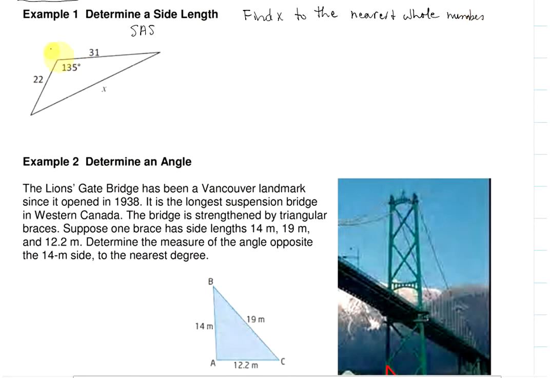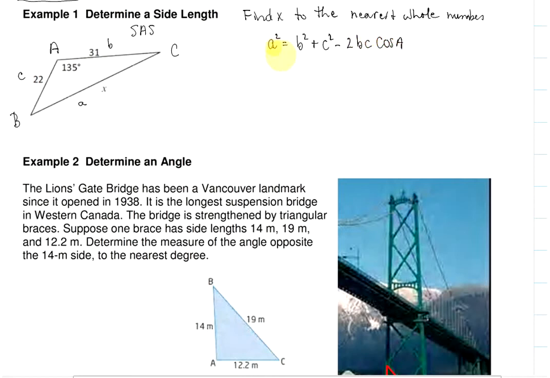Okay, and we need to label our triangle, so I'm going to call my 135-degree angle A, and then I'll call this B and C. And so opposite angle A is side a, opposite angle C is side c, and opposite angle B is side b. And I'm looking for x, which I've labeled as side a, so the version of the cosine law I'm going to use is a squared equals b squared plus c squared minus 2 times b times c times cos of